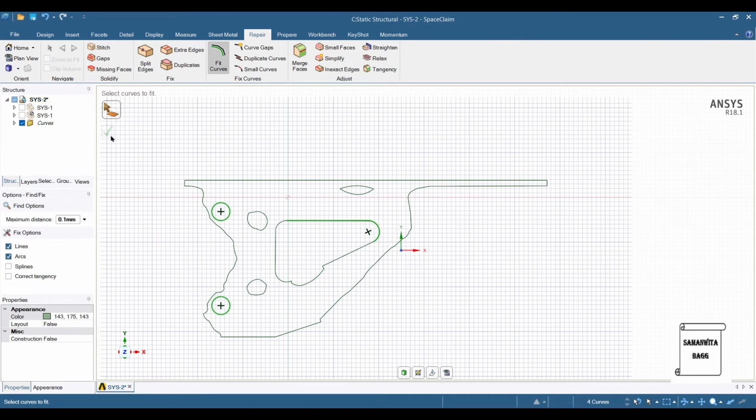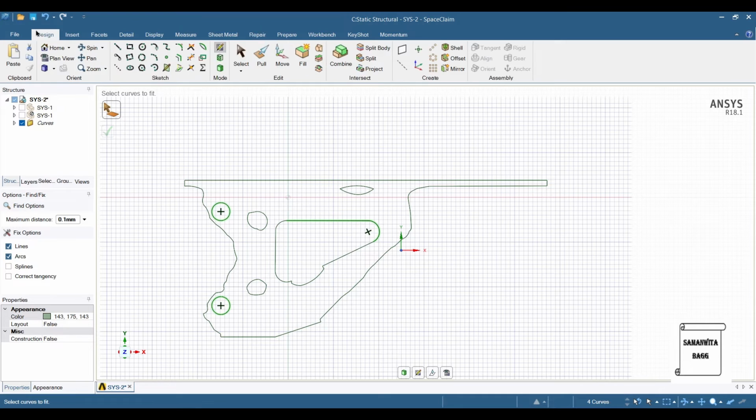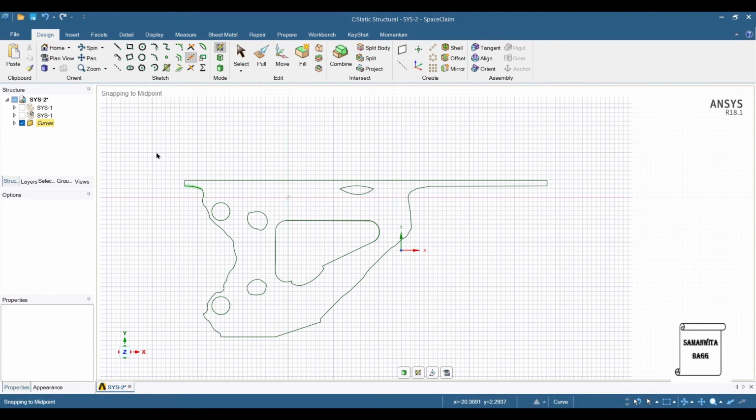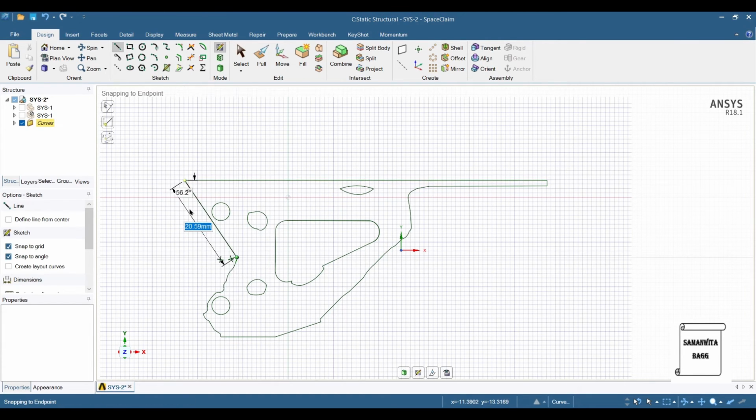So I will go to design. I will trim certain lines. I'll join this with the help of a straight line. Again I will trim these options as well.